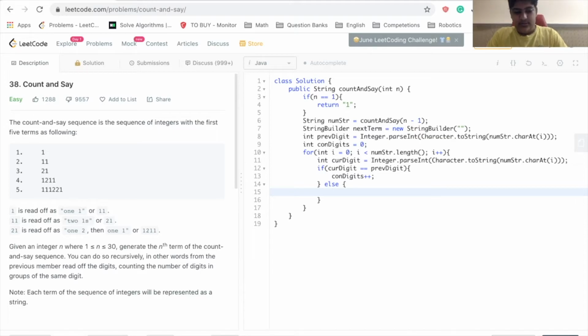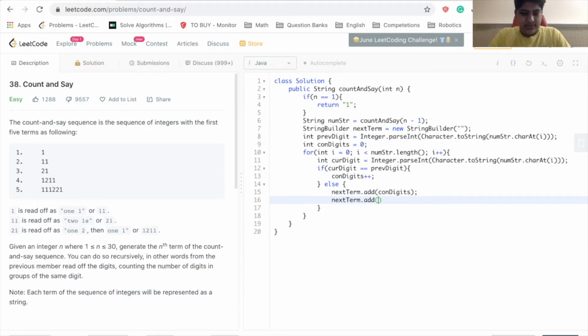Now here we can do next term to add. We first want to add con digits, right? Because that's the number of digits. Next term to add. Now we want to add prev digit since that's the previous digit. And now what do we do? We want to set prev digit to cur digit for the next part. Okay, and finally we have